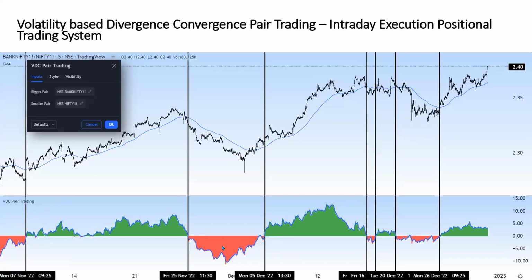ओके, ये आप देख रहे हो, ये नीचे जब ये ग्रीन में है तो हम, जैसे ये बैंक निफ्टी और निफ्टी है, जब ये ग्रीन में जाएगा तो बैंक निफ्टी को लॉन्ग करना है, निफ्टी को शॉर्ट करना है। यहाँ से ये यहाँ तक हमें अच्छा प्रॉफिट आएगा। ये ऊपर आप देख रहे हैं रेशो चार्ट है, आप देख रहे हैं कि रेशो भी मेरा ऊपर गया है, राइट।